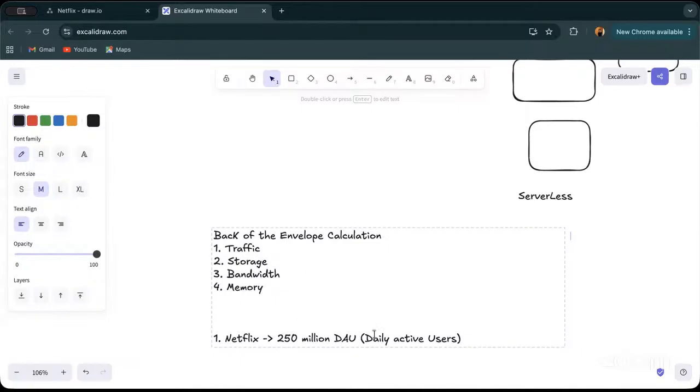That is the only input that is provided. Now, how will you define the traffic, the storage, the bandwidth, the memory? A lot of this comes down to assumptions as well. If you're provided with 250 million daily active users, you can assume, because at this point of time you are only concerned with how you're designing the application. So for example, let's not assume Netflix. We have an open sourced version of Netflix. Let's assume Netflix 2. You can come up with an assumption that each user